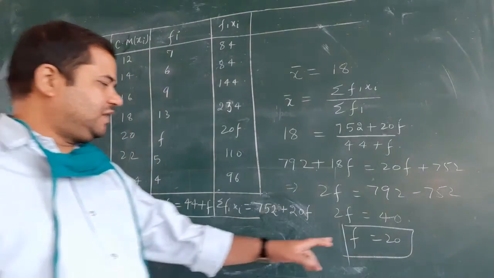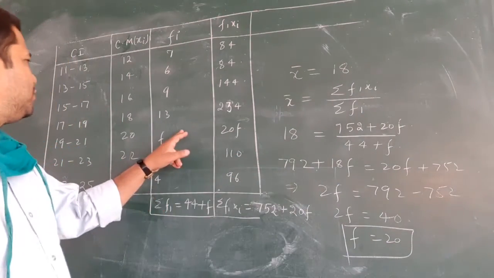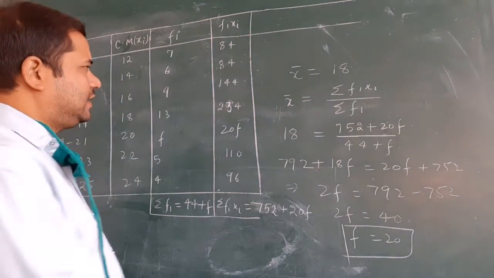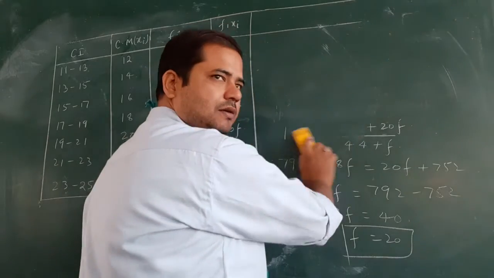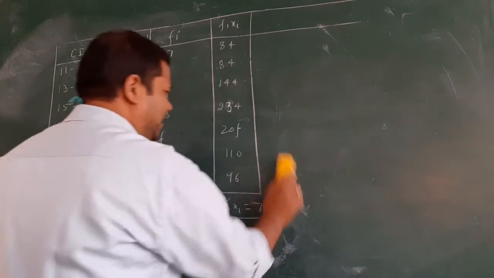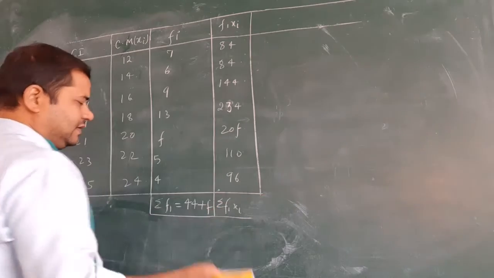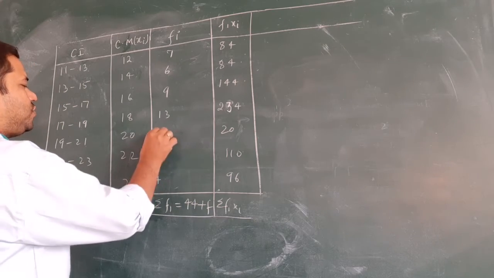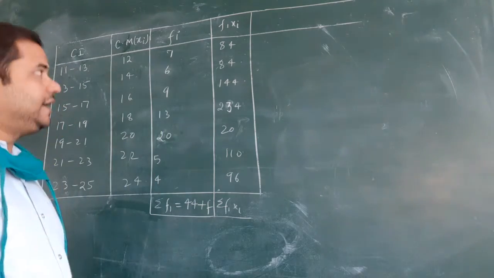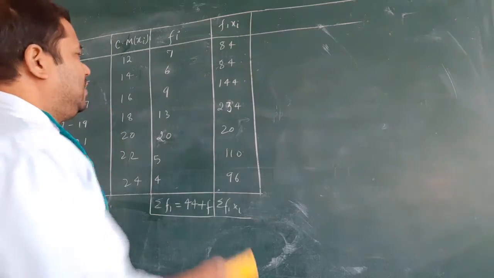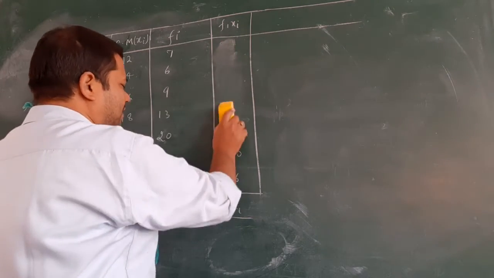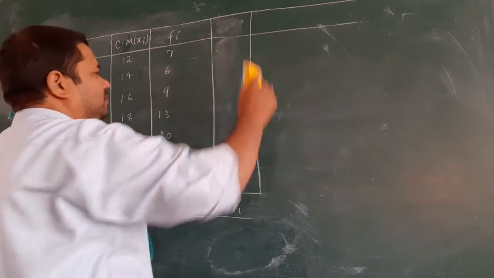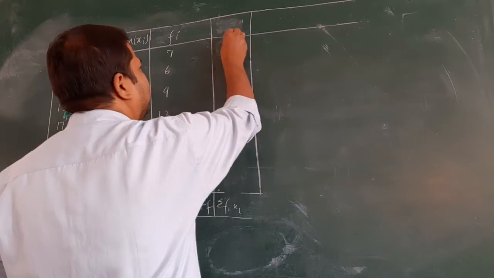After finding the missing frequency F, I am going to solve the same question by the step deviation and assumed mean methods. So first, we consider the assumed mean method. Okay, clear? So now we write here the missing frequency. This is nothing but 20. Am I right? And now we need Fi xi, no need of Fi xi. Now what do we need? First we find ui, for step deviation.